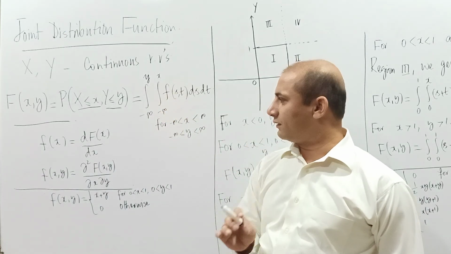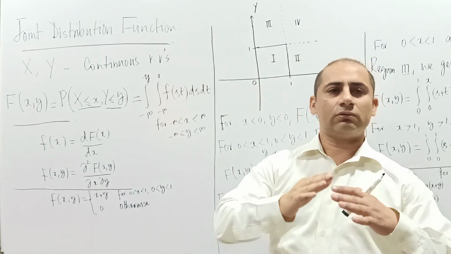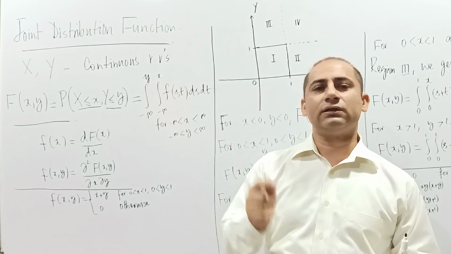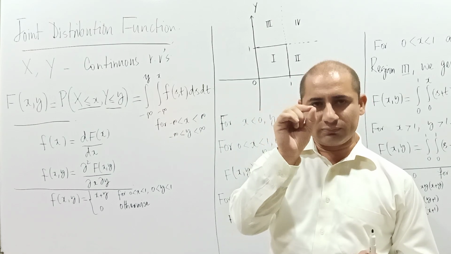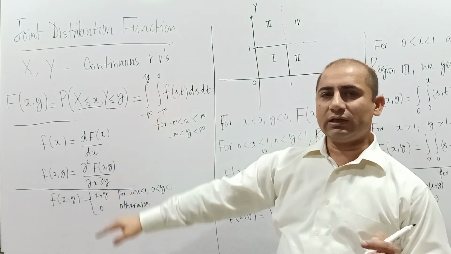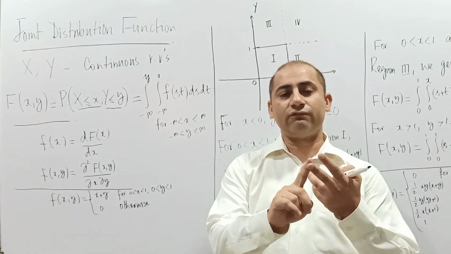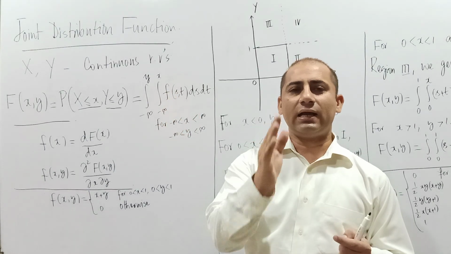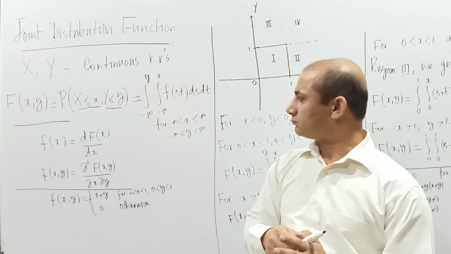Now please note that when we talk about these distribution functions, we need to define them on the whole domain. For example, when we were discussing the case of one variable, the distribution function was defined on the whole real line. So now when we are dealing with this joint distribution function where we have two random variables, we will end up defining this on the whole R2.